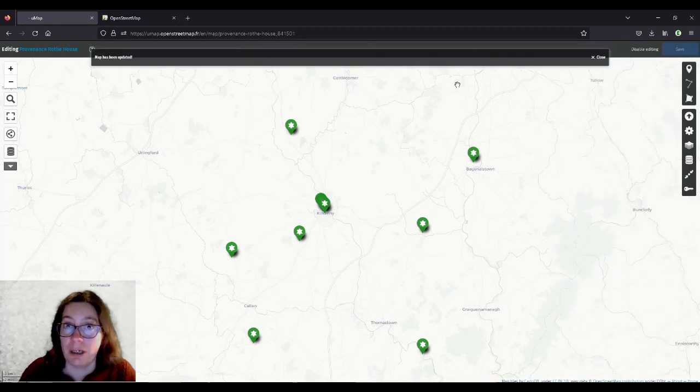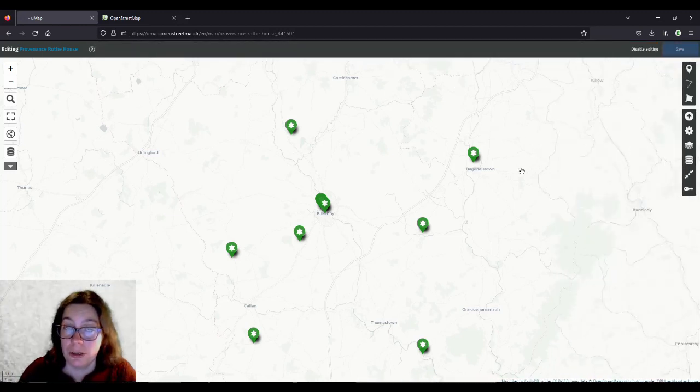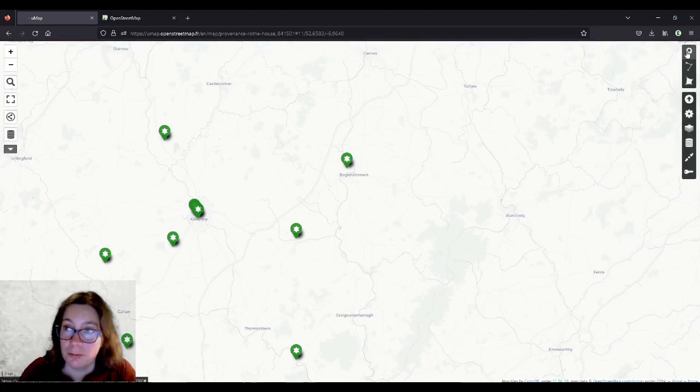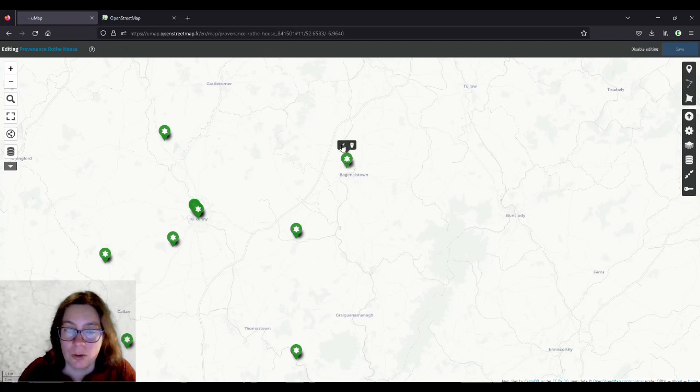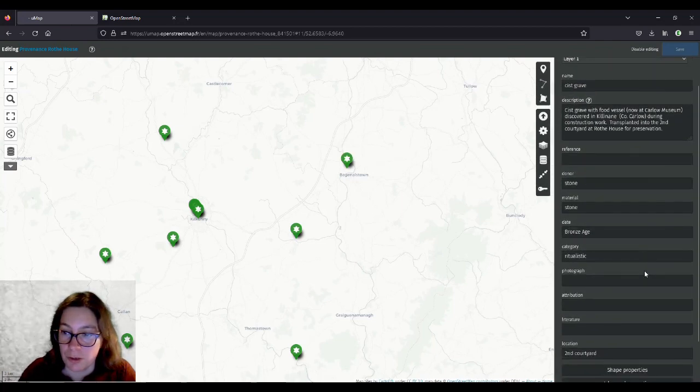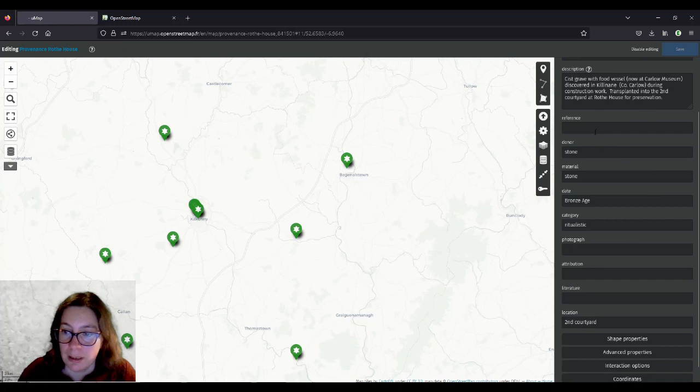If you wanted to change an individual marker, let's say you don't want the ones in County Carlow to look the same, maybe you want them in a different color, you have to be in the editing mode, go on to click on the marker and then on the little pencil that comes with the marker, and you see we have all the data down here, so you could even add data here as well.